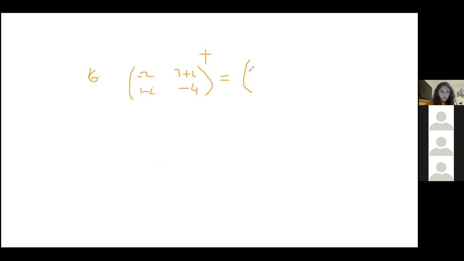2? Are you sure? You don't flip the sign if it's a real number. If it's a real number, then for the transpose you don't have to conjugate it. Conjugation is only for complex numbers. There's another answer in the chat, and it is indeed -2. Yes, you only conjugate the imaginary part. That is right. Okay, so then what would be the next term?